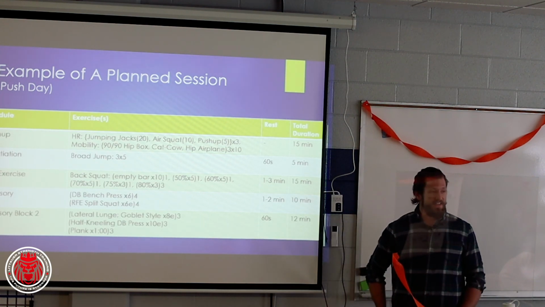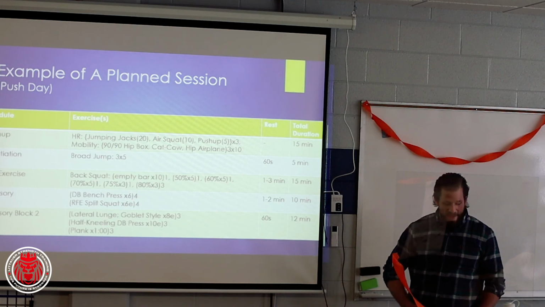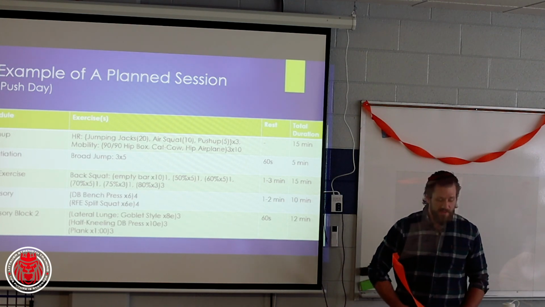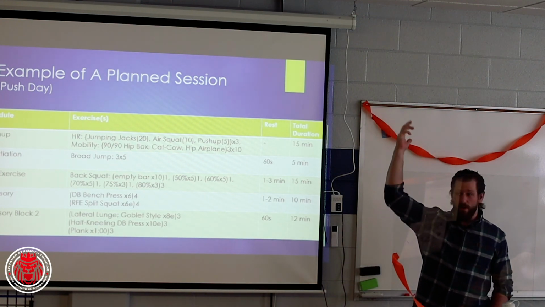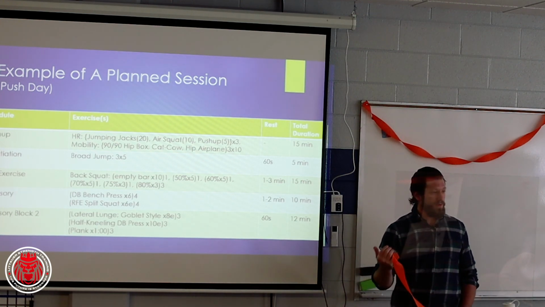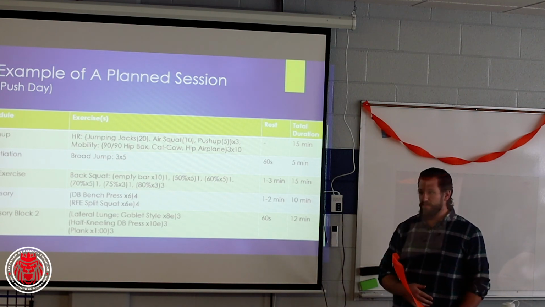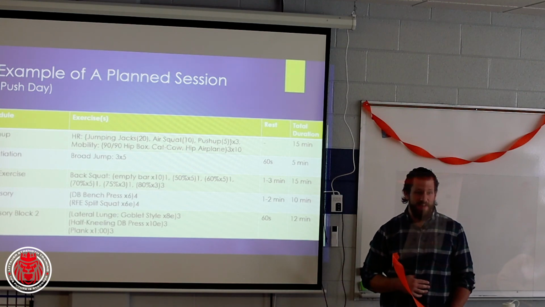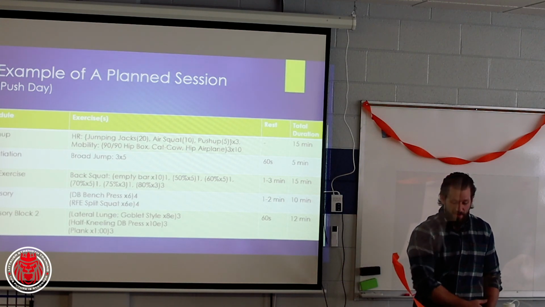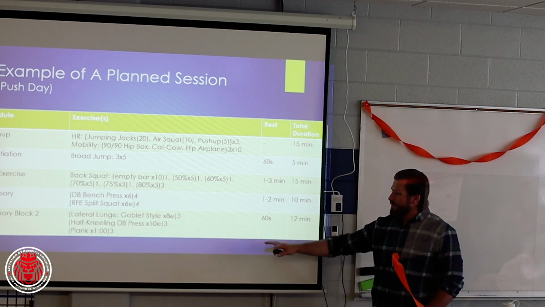Then we can go even to a secondary accessory block. I have a couple more pushing movements. I can have a lateral lunge. I can have a half kneeling dumbbell press, and then we're going overhead, pushing with the shoulder, going laterally, especially for those that play field sports. Court sports, right? With a lateral lunge you can't get into a deep position if you're not strong there, okay? And then anterior,